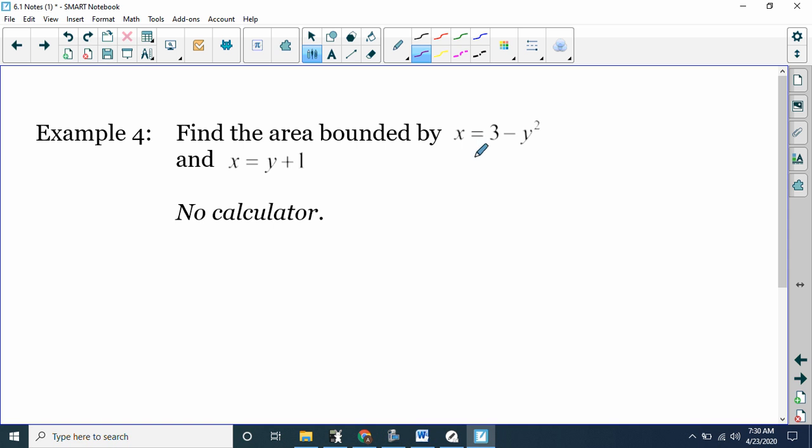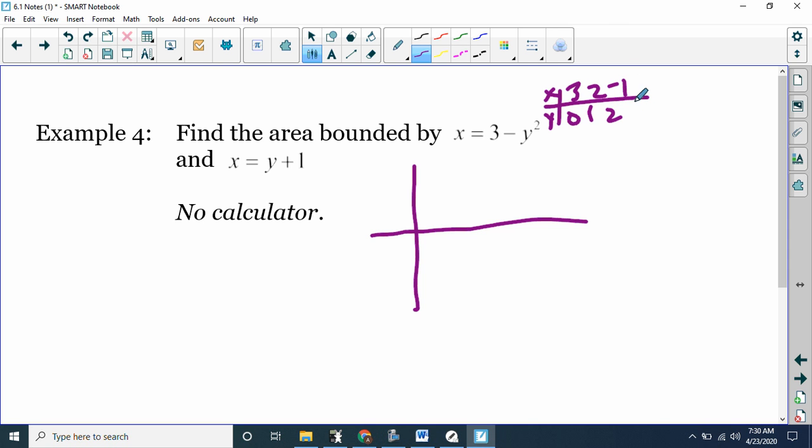But sometimes our functions are given in terms of x equals instead of y equals. If I were to sketch a graph of this, which you wouldn't necessarily have to do, but let's make some points here. So let's plug in some stuff for y. And if I plug in -1, that would also give me 2, and so on. So I've got points at (3, 0), (2, 1), (-1, 2), (2, -1),